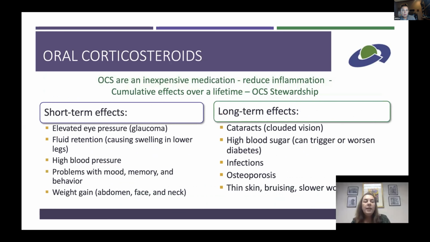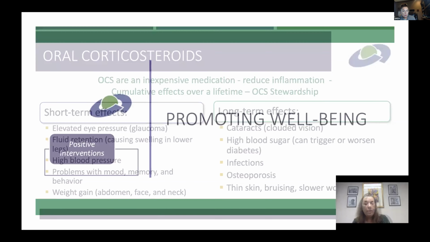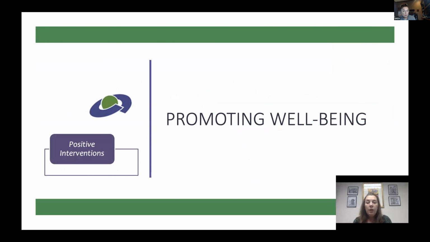Oral corticosteroids, again, inexpensive, reduce inflammation, but the truth is over the course of time, there are short-term negative side effects and long-term side effects that are evident here in this particular slide. So we really only recommend fewer than 2 OCS prescriptions in a 12-month time frame for any condition. And so this steroid stewardship effort is an important one that we promote at GAP, and we would encourage you as nurses to also consider. A huge aspect of managing AD is promoting the overall well-being and the